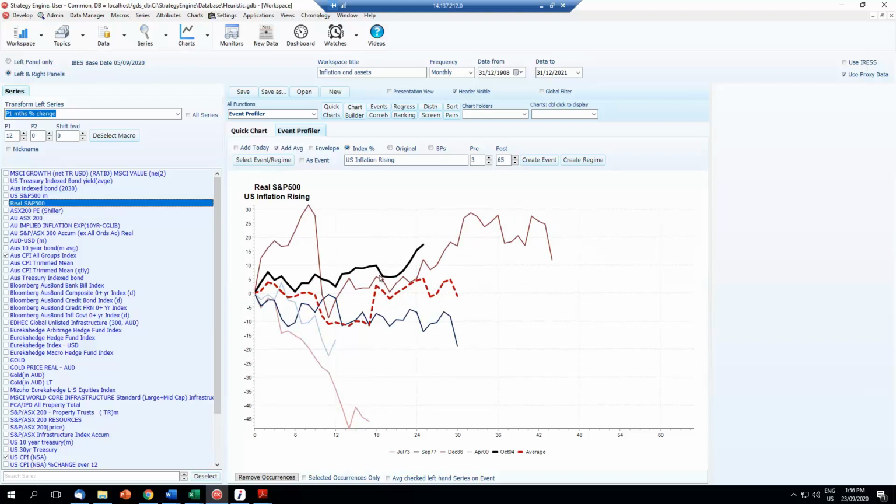So it's a modest rise in the US equity market. So the evidence there is probably somewhat mixed for the performance. If we focus in on, say, the US 10-year bond yield itself, and I think